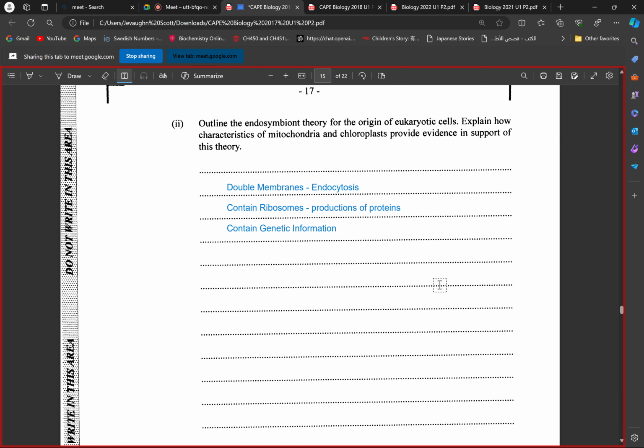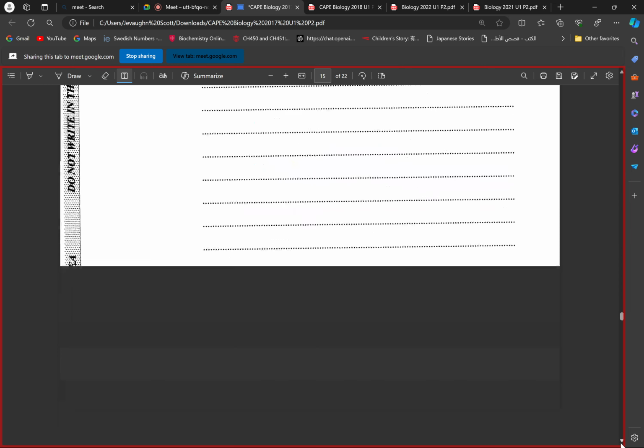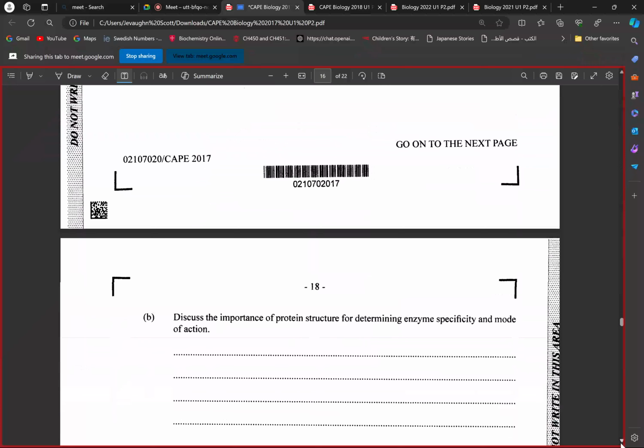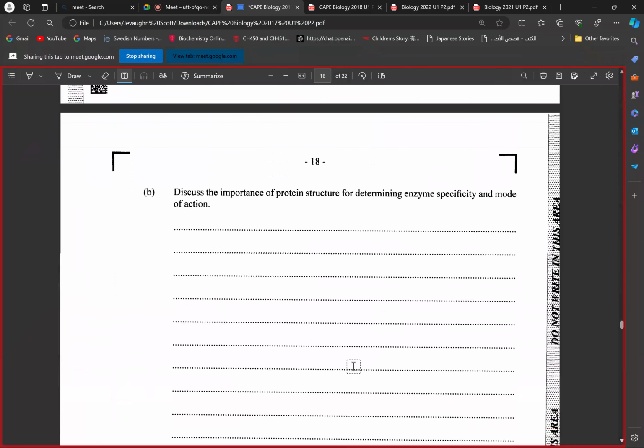So we're looking at the DNA specifically, right? And within the chloroplast as well, we have chloroplastic DNA. We have ribosomes existing within them. They are double membrane organelles as well, right? They're relatively large compared to other organelles as well. You could speak to that. They contain their own cytosol, right? So you could speak to that as well, right? Many different characteristics that support the endosymbiotic theory. Okay. And then we're moving into the module 2 component of section B of the 27